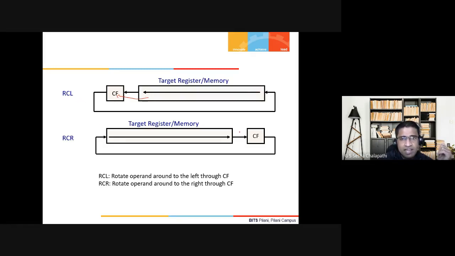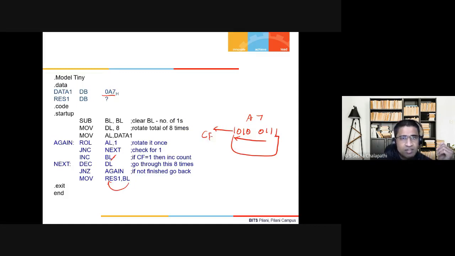In the case of RCR, the LSB will go into the carry flag and the carry flag will go into the MSB. So in rotate left through the carry flag, previously the LSB was moved into the MSB directly, but in this case the carry flag will be moved into the LSB. And for RCR, previously the LSB was moved into the MSB directly, but now the carry flag will be moved into the most significant bit. That is the difference here.